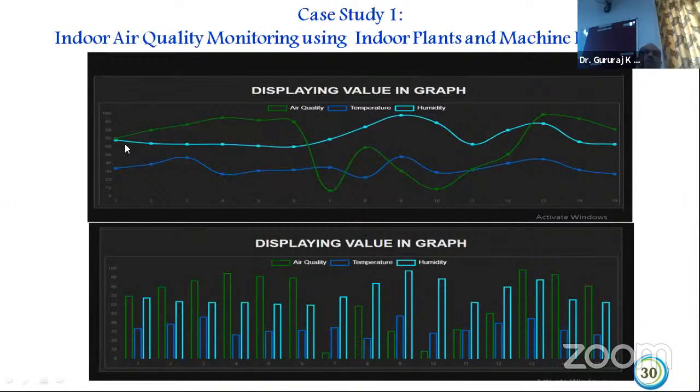The air quality was displayed using graphs at the mobile end, showing air quality, then the temperature, then the humidity, all these values. This is the data that is projected for 1 week over here. So for 15 days, data is projected over here. We could understand how the air quality is changing based on a particular